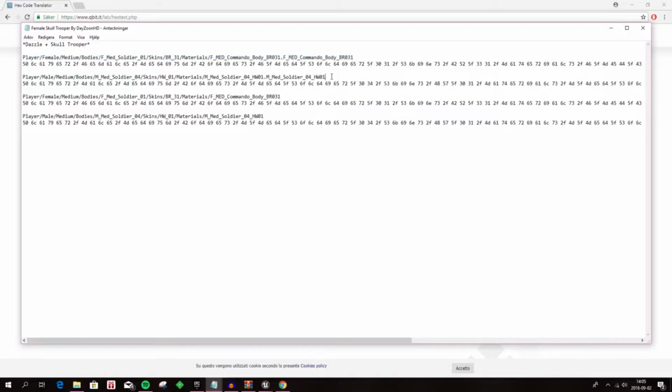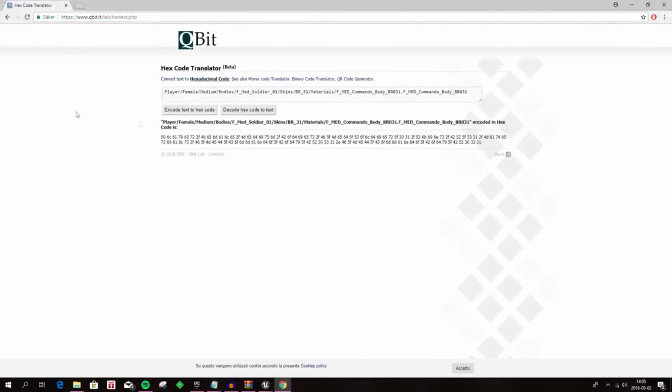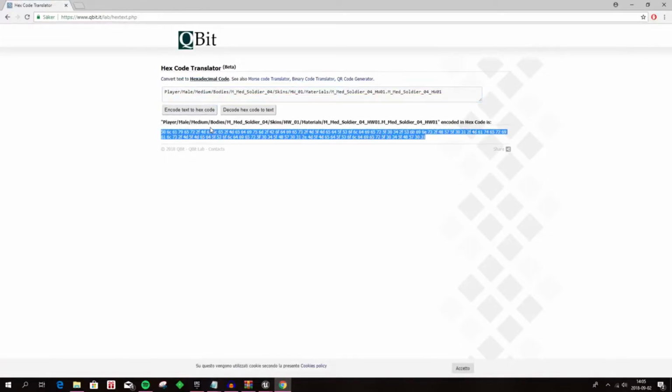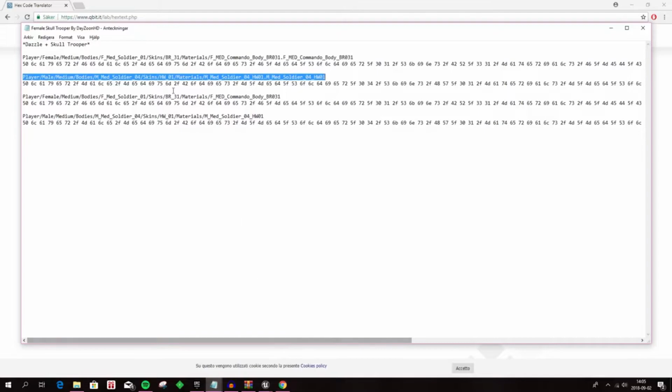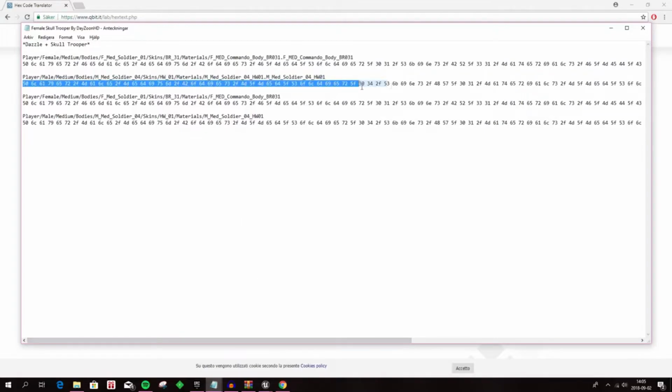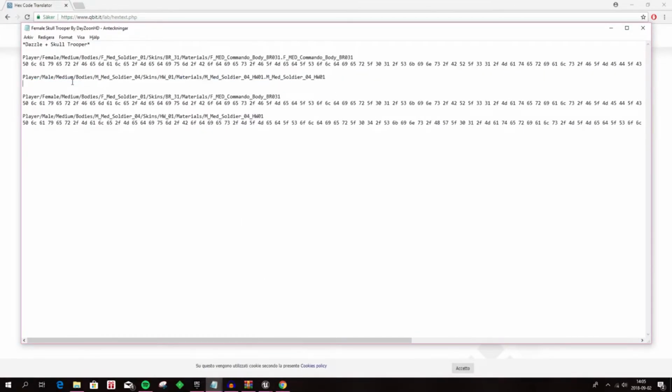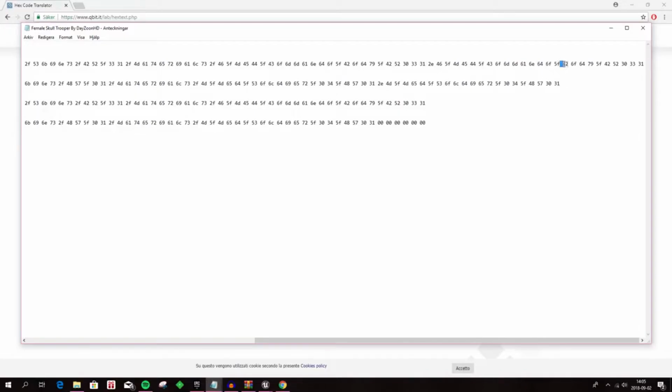So as you guys can see, I've already done it. After that, you're going to do the same with the School Trooper. So you're just going to copy this code, paste it in the fourth link and click on encode text to hex code. This is where it gets a bit tricky. So you're just going to copy this code, go back to the notepad, and let's just remove this for the video. Alright, just like that. Then you're going to paste it, and as you guys can see, this one has more characters